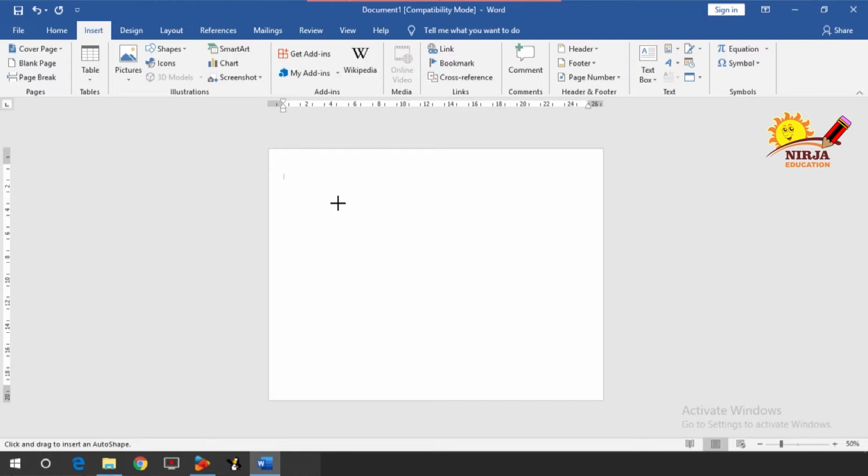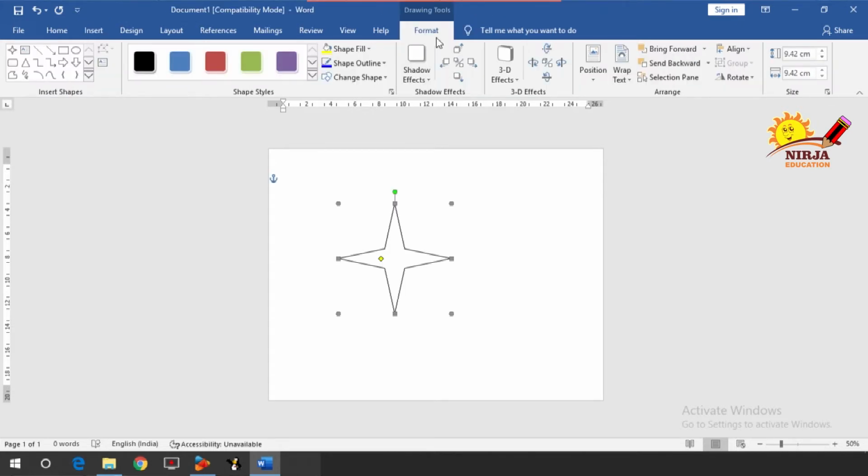First you have to press the shift button, then click and then drag it. So first I am going to select the bigger size of the star, leave the mouse, leave the shift key and as you can see, the format tab is opened in the drawing tools.